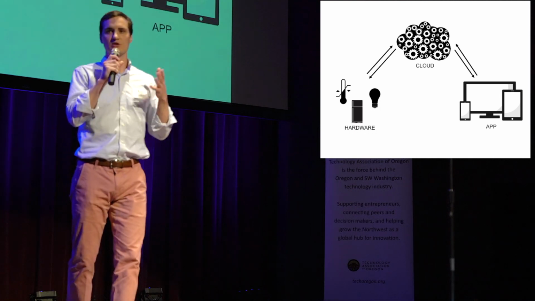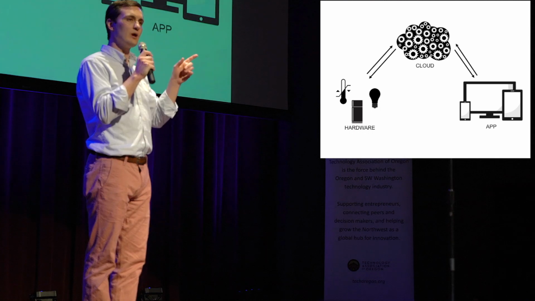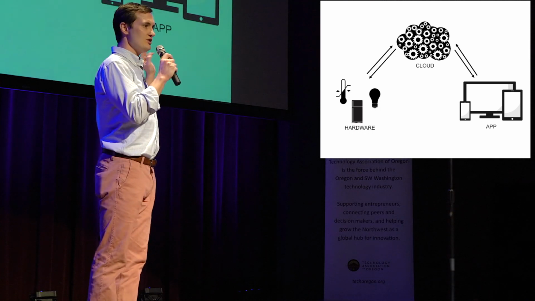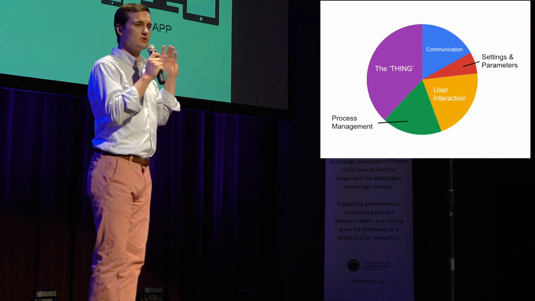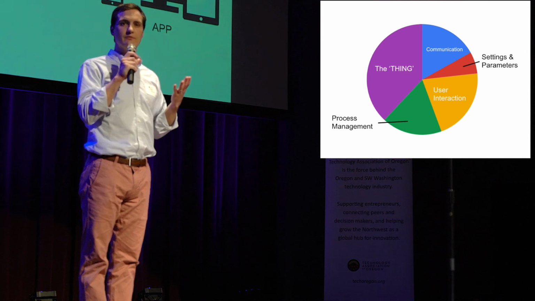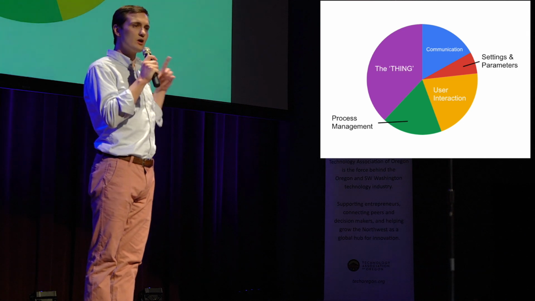So to better understand that, let's look at the basic architecture of IoT. You have three legs. You have hardware, you have your cloud resources, and you have your apps for interface and control. Three legs: hardware, app, and cloud. But you'll notice that the cloud is the common stop for all your data flows. It's your data broker. It's where you have all of your resources. So let's talk hardware real quick.